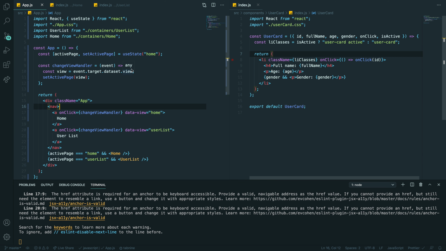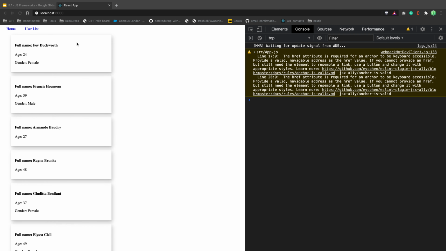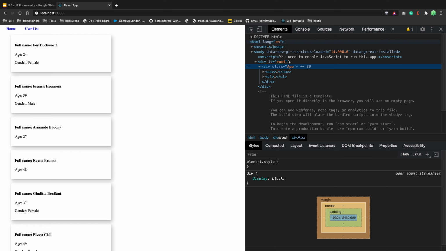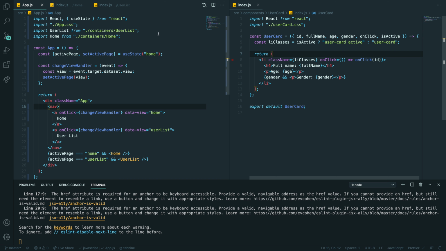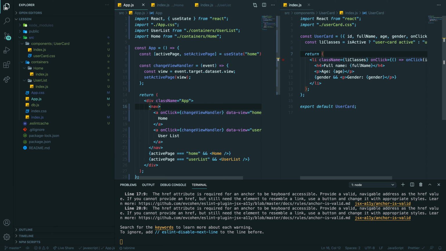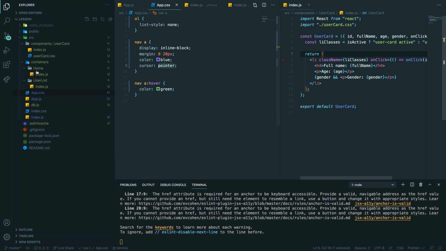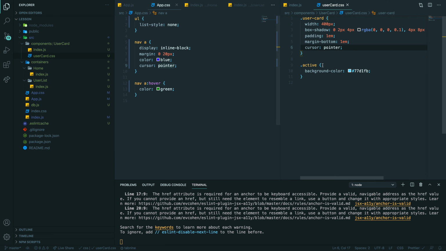Let me just cover the CSS quickly because CSS is messy. The problem with CSS is that when your application starts growing, you will have a lot of CSS files, and you will get to the point when it will start clashing. Imagine that in our app.js, in my CSS, let me open the stylings that we have for user card.